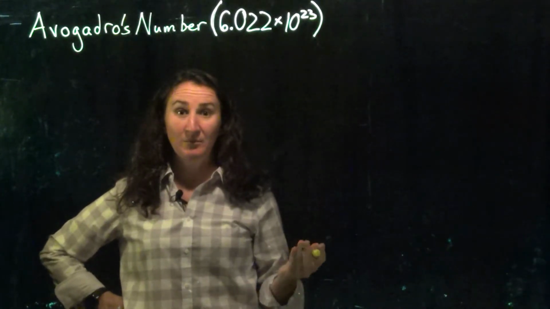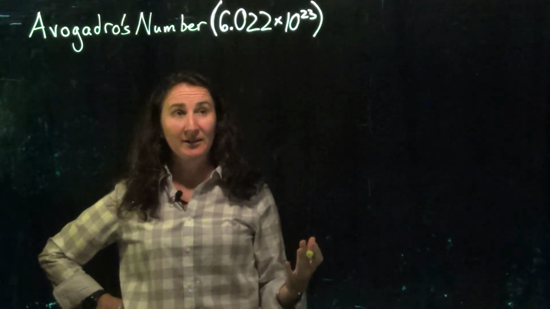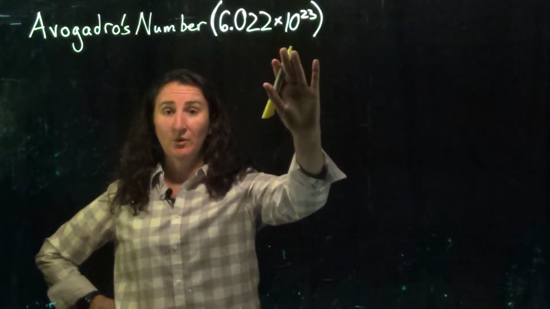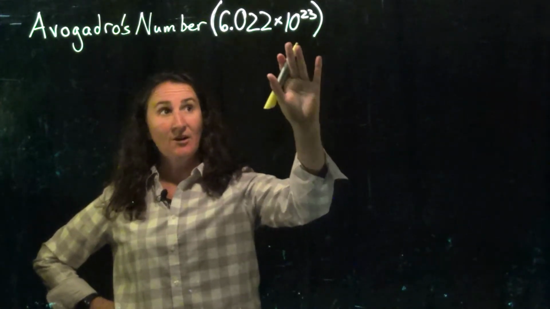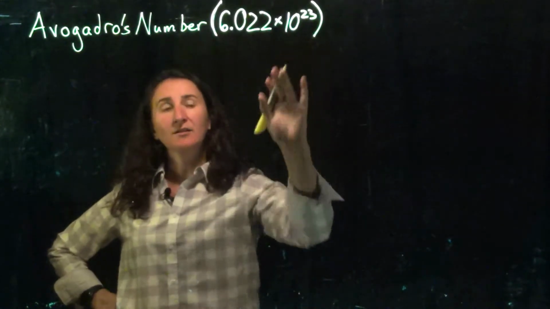Avogadro's number is one of the most important numbers in chemistry. Probably not the most, but it's a very, very important number in chemistry. And so what it is, Avogadro's number is 6.022 times 10 to the 23rd. And what that means is there are that many atoms in a mole of atoms, or that many molecules in